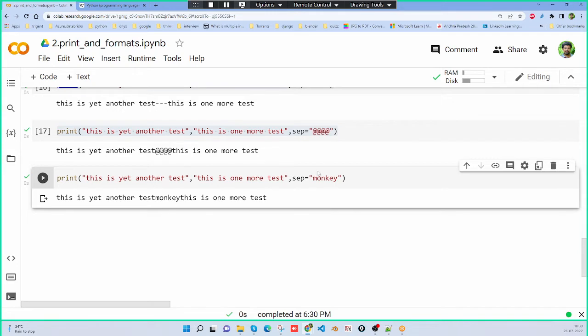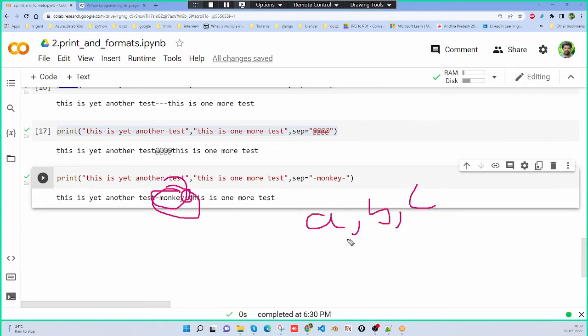Yes, guys, if you observe, it is like a hyphen, then monkey, then one more hyphen. So like this, wherever you want, or if you have two or three variables a, b,